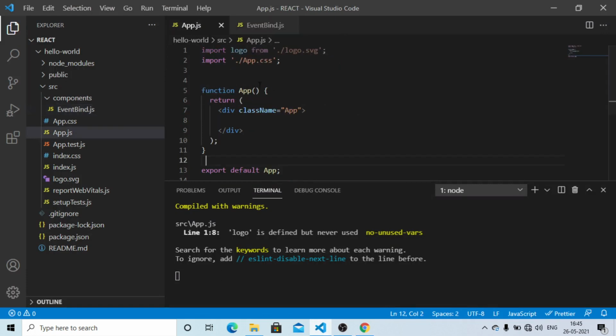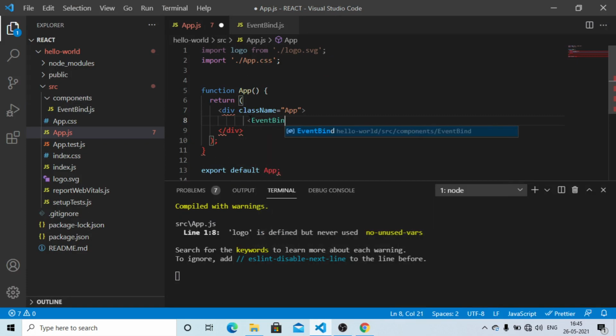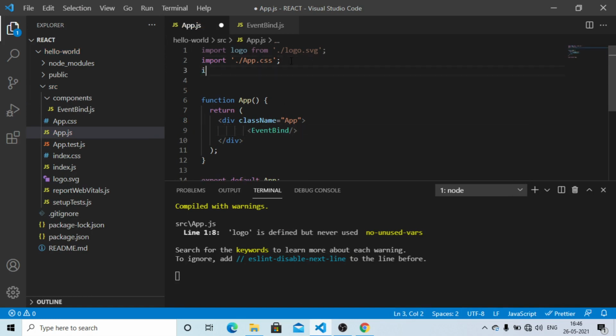We would like to also import the event bind class in the app component.